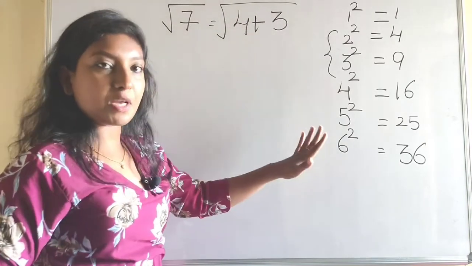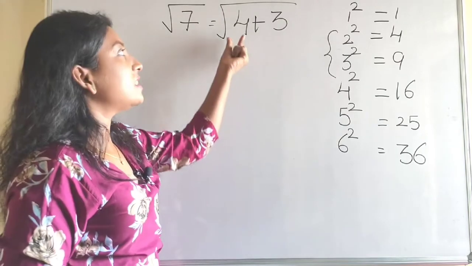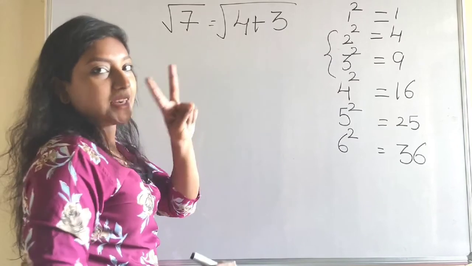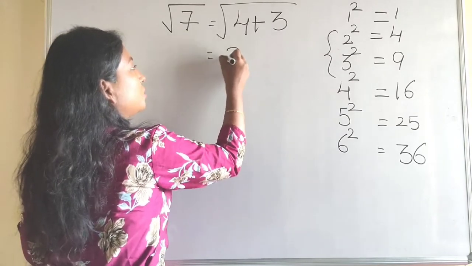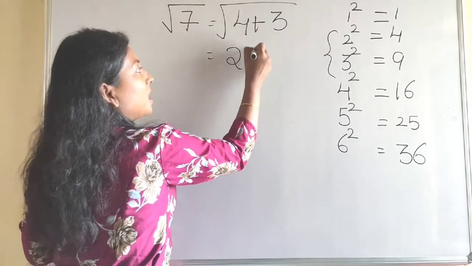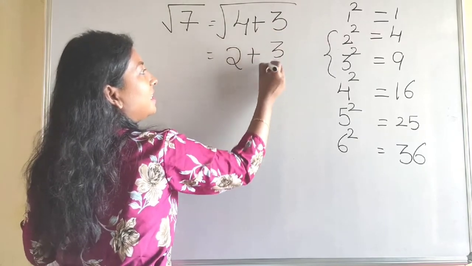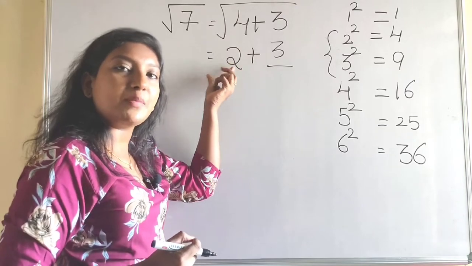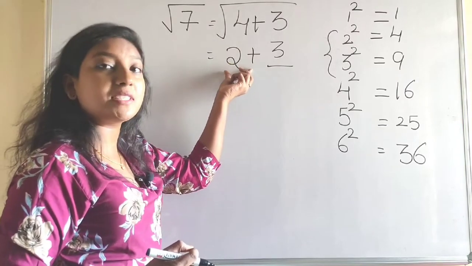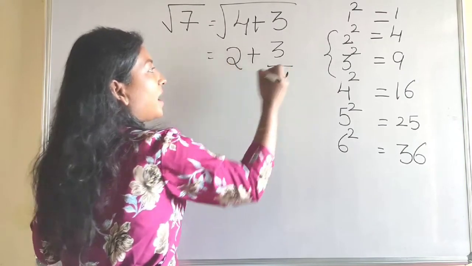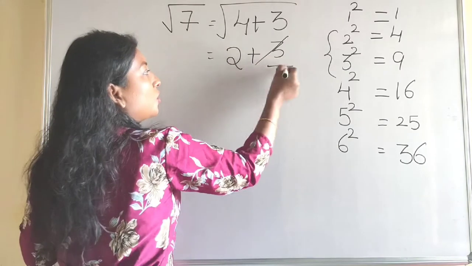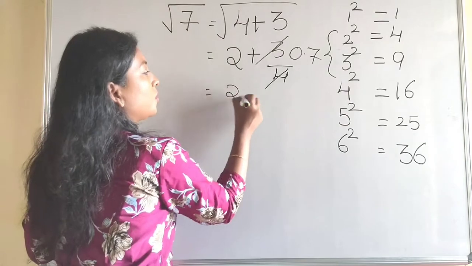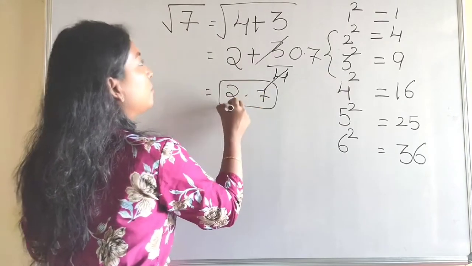So our first step is done. What is the next step? Take the square root of this number. That is the first number. What is the square root of 4? That is 2. Write 2 and get this symbol down, plus, and 3 divided by, in the denominator what value we have to place? That is the double of this number. So what is the double of this number? That is 4. 3 by 4. If you cancel it, you are going to get 0.75. So 2.75 is the square root of 7.